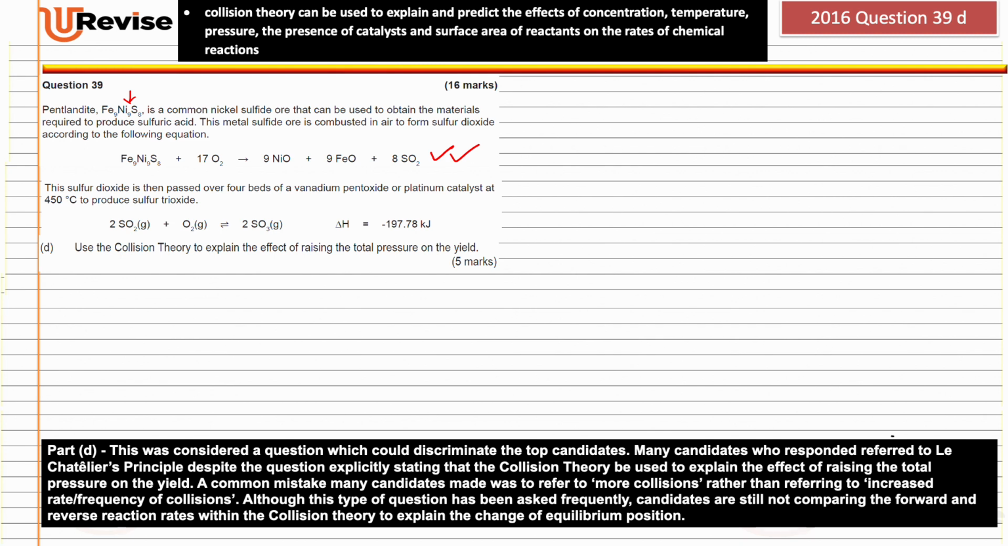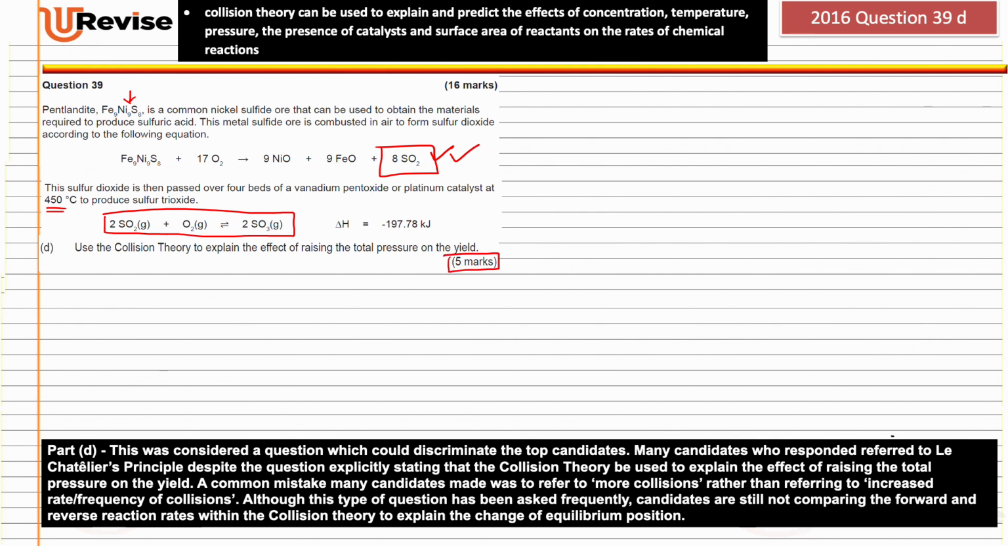This sulfur dioxide is then passed over 4 beds of vanadium pentoxide or platinum catalyst at 450 degrees to produce sulfur trioxide. This is the equation for the production of sulfur trioxide using the sulfur dioxide produced from the reaction of pentlandite with oxygen, combustion reaction there. Now, question D reads, use the collision theory to explain the effect of raising the total pressure on yield for 5